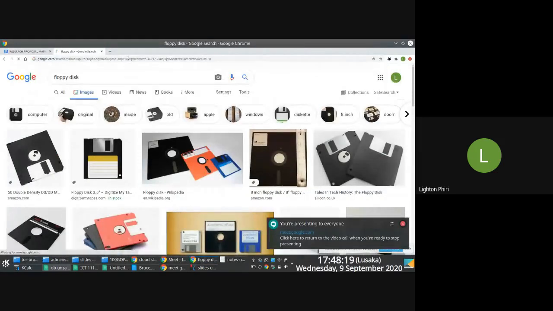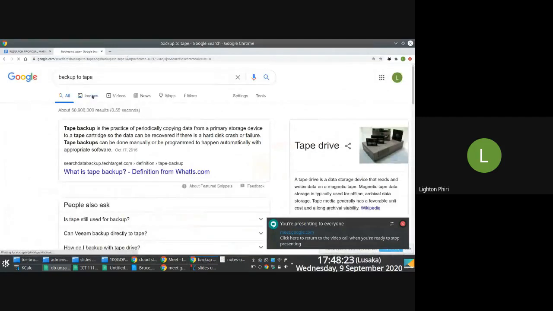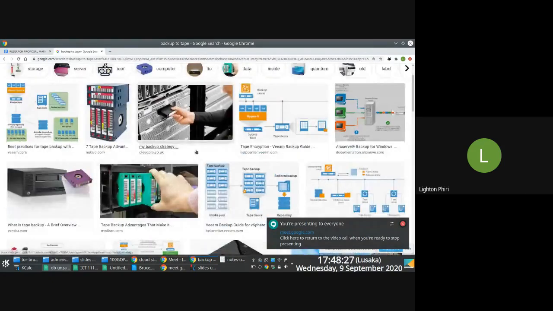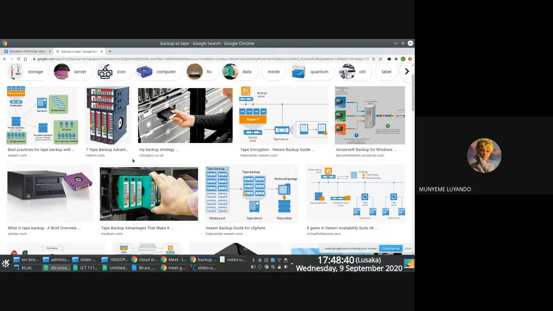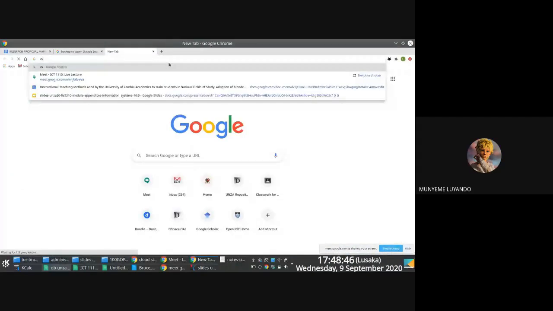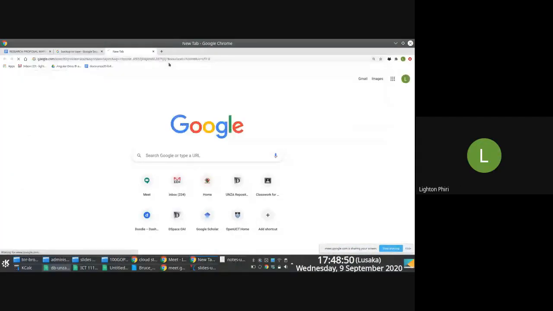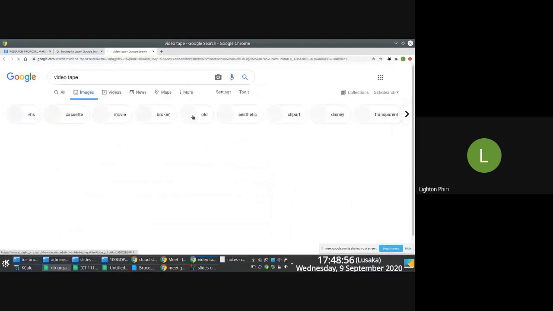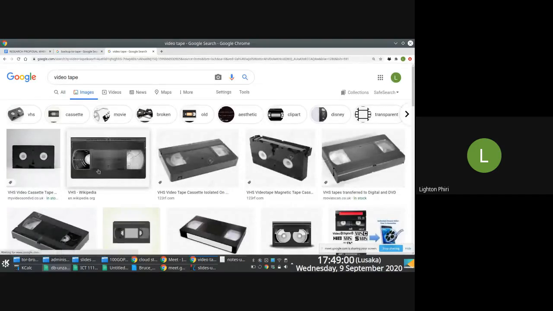Tape is exactly that. I don't know if people in here ever used VCRs. We used to use VCRs back in the day ourselves. It turns out that data is written on film, similar technology to what do they call those things, the ones we used to use in VCRs? I can't remember what they were called. VHS. Are they called VHS? Oh, the tapes, a VHS player using a VHS tape. We used to call them video tapes. My parents still have these. Yeah, this is what we used to use. Yeah, VHS, you're right. I don't know if this technology is still around.